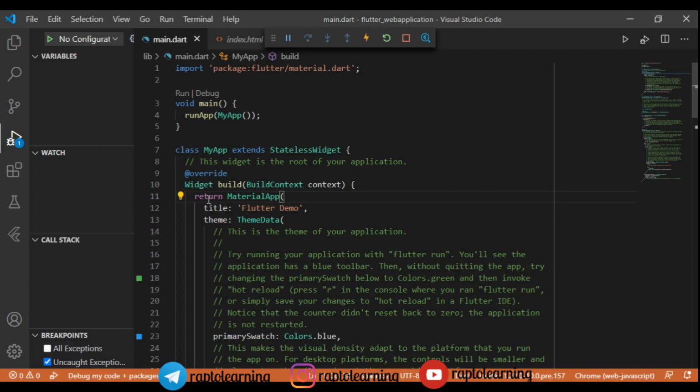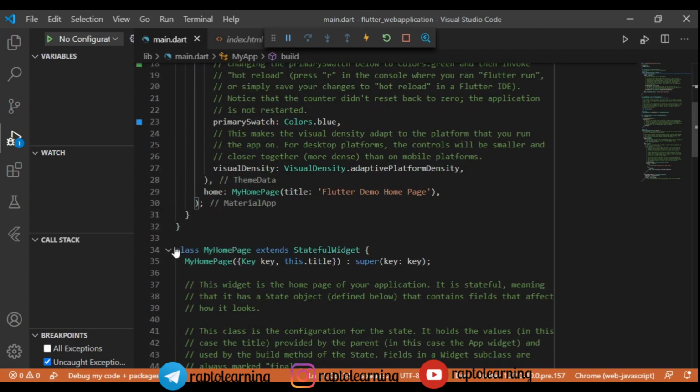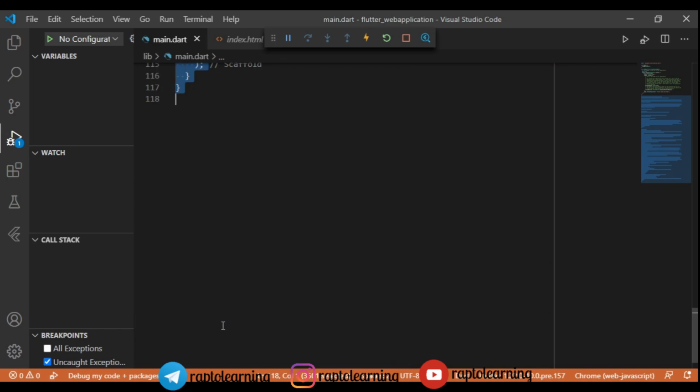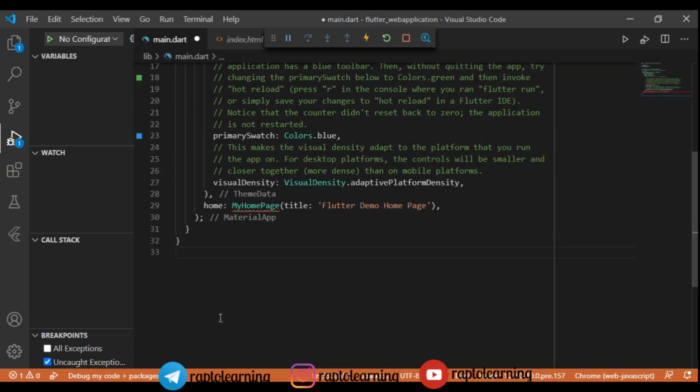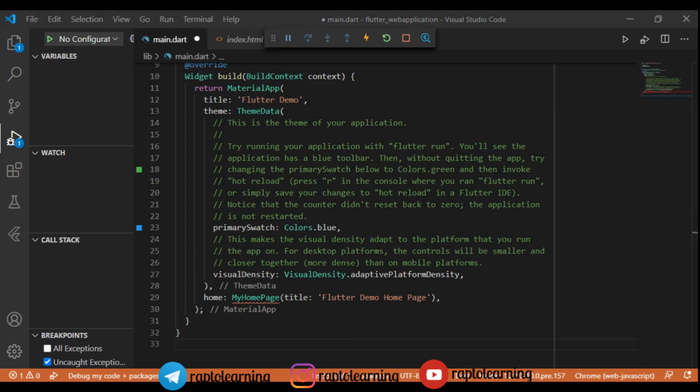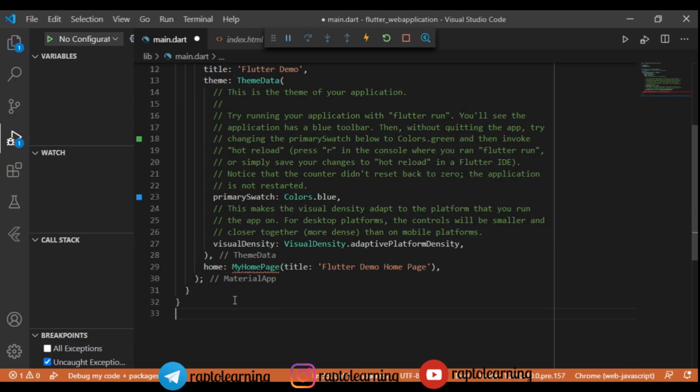So let's get started on the main app that we are going to design. Let's come back, and here you can see we will cut all this part because we are going to start from scratch. We will remove this part from our project, and some of it is left, but that's fine, because we are going to need that part in our project.